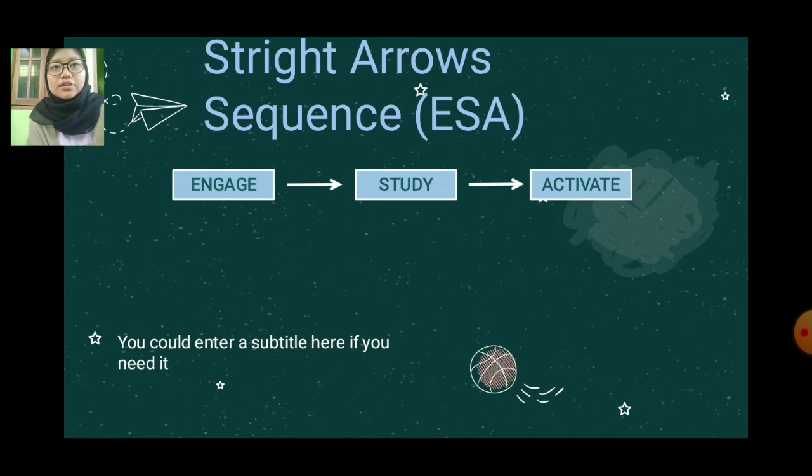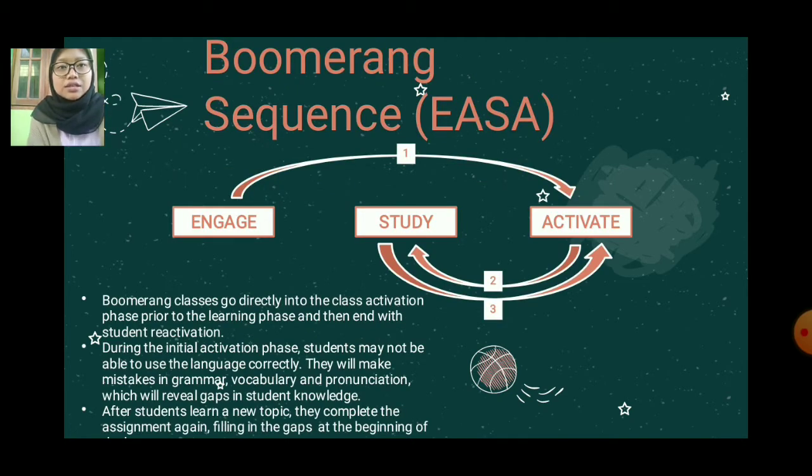So the next there is a boomerang sequence, or we can say EASA. Seperti yang digambarkan, the first step is engage, and after that langsung loncat ke activate. Nah, after activate, move to the study, and then after the study back to the activate again. Jadi ibaratnya kayak kita biasanya di kelas itu kan